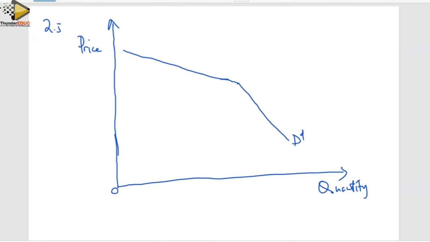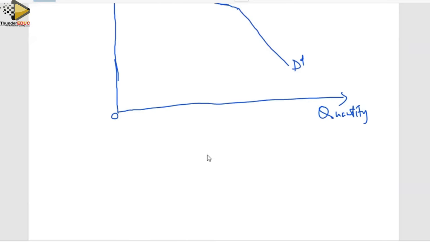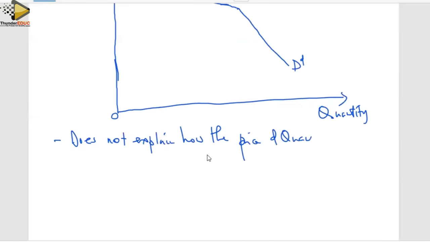The point to note is that the kinked demand curve does not explain how the price and quantity are determined